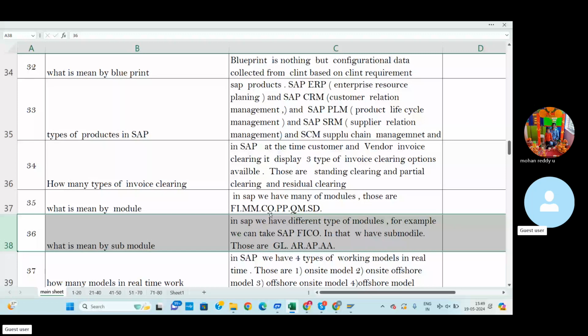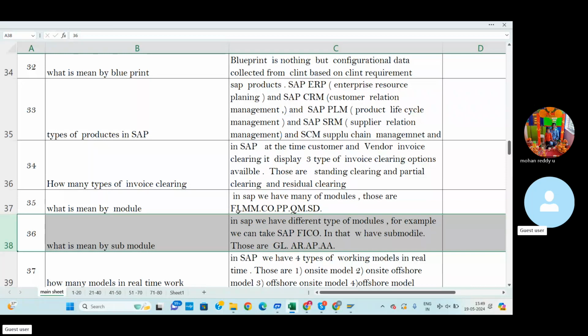Then, what is meant by submodule? A submodule is when an employee is working in the SAP domain under the FI module. A consultant can work in all modules, but from the end user point of view, in real time, the end user can work only on a particular submodule.